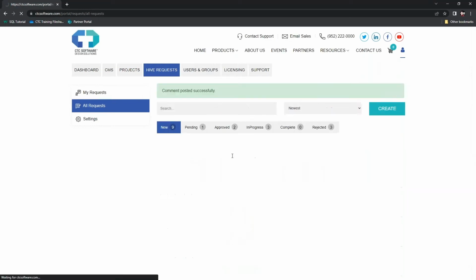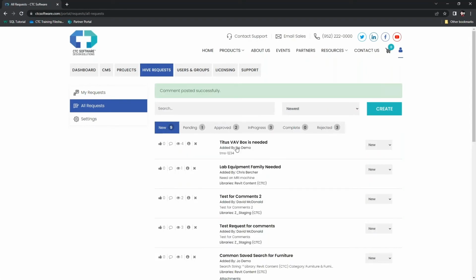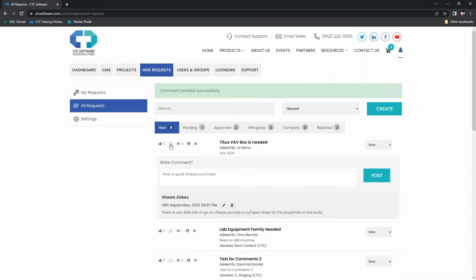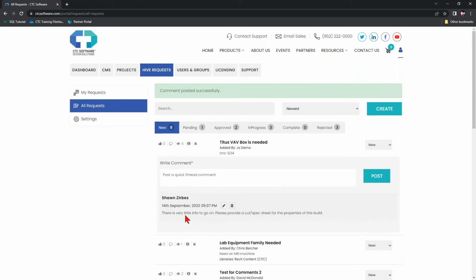I was able to do that by looking at this particular request in all requests, and I hit the little comment button right here, and I have the ability to post a comment. So of course that's tracked in the history of this. If I have a misspelling or I want to change something about this, I can edit it, of course. We're good to go. Now, Joe can be notified about this request, for one, but also if I tell it